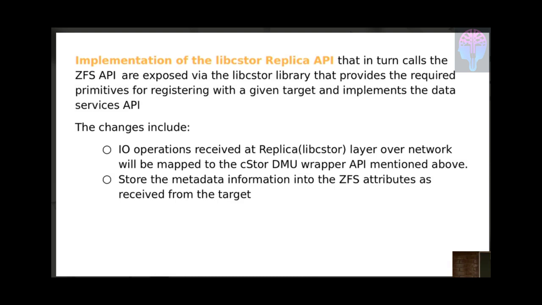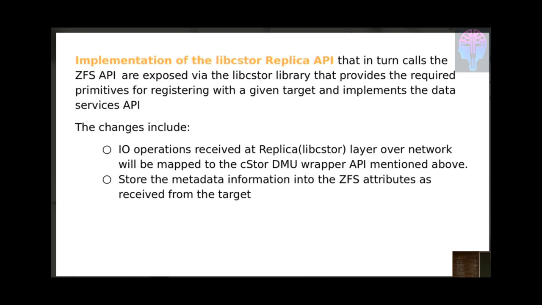So what we used is zvols to do the IOs and to do the replication and cloning and everything. The IO operations are received at the libstore side, which is basically a layer which runs on the zrepl side